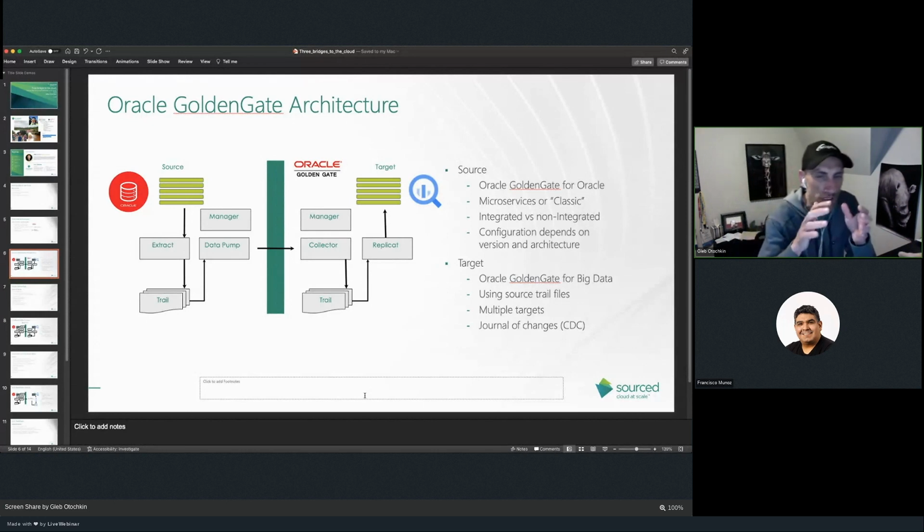Also, you probably know that writing data one by one to modern data warehouse engines is not efficient, really. And sometimes you want to put data in different formats. You want to put data in several batches, let's say. You don't want to put each change in a row. You want to batch those changes by, let's say, 100,000 changes and then put them to the destination target. Oracle GoldenGate for big data can do exactly that.